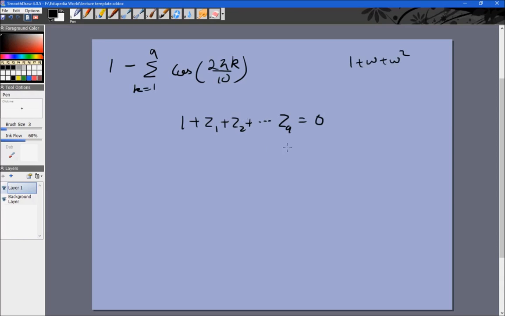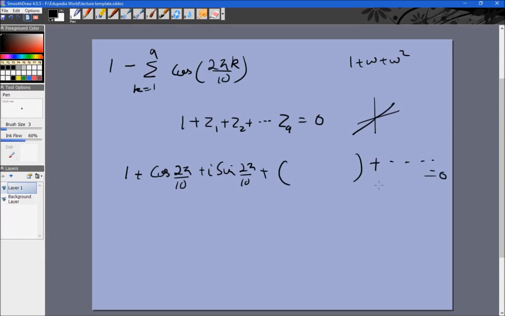You can also take the inverse of any one of them. If this was Z1, then this will be Z6, which will be the opposite, and if you add them, you'll get 0. So this means 1 plus cos 2 pi by 10 plus i sine 2 pi by 10